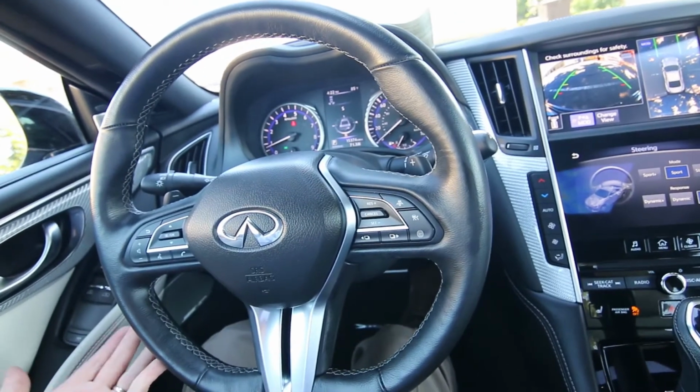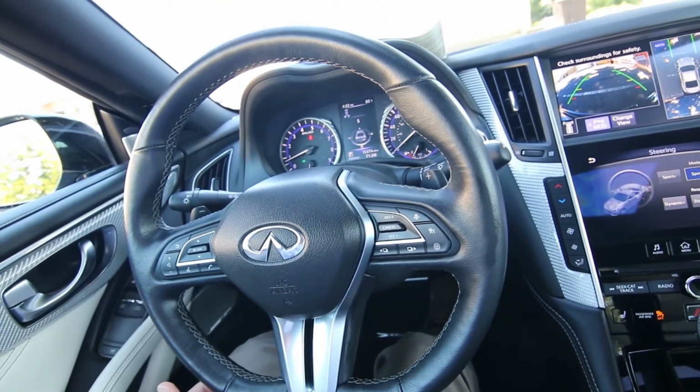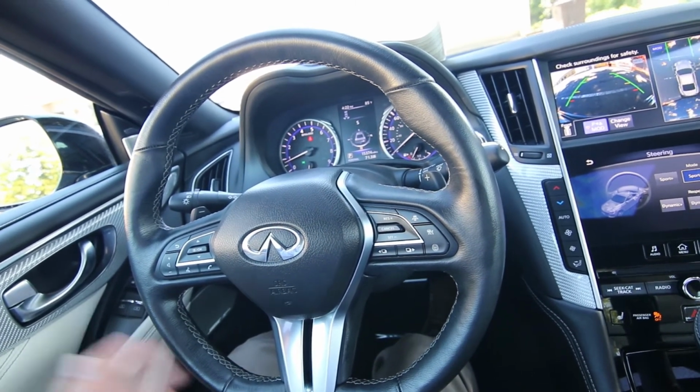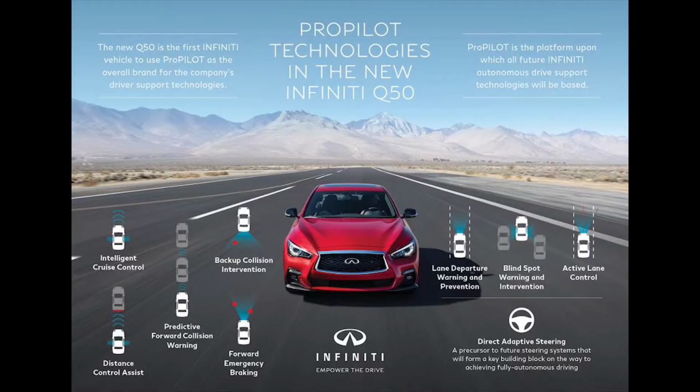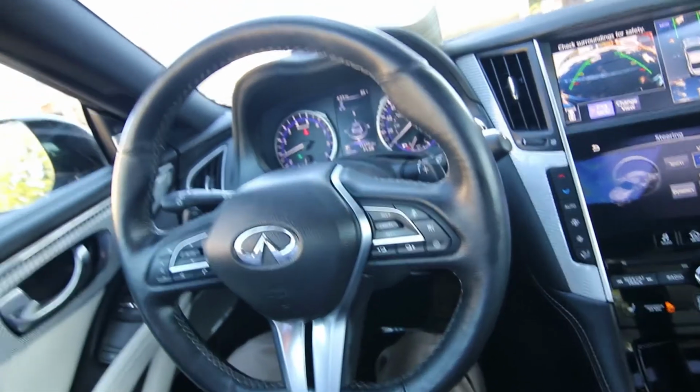Also, it's going to react to steering inputs a lot faster than a mechanical steering rack. And it also works with great systems. We have lane keep assist, so that will keep you centered in your lane. It'll make small steering corrections to keep you on the highway. It'll even follow gentle bends on the highway, and combined with the adaptive cruise control, it can kind of drive